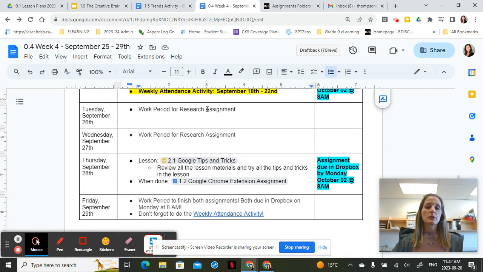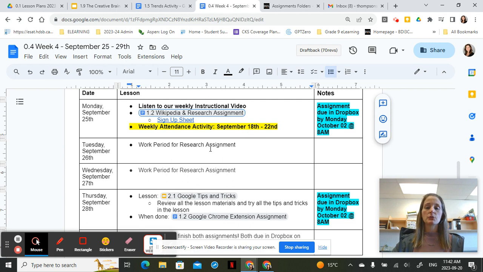Also on Thursday, so I've given you work periods Tuesday and Wednesday to do that. I really recommend that you start the week with that and you get started on this right away, because it is probably going to take you some time and you might find that some of it's hard or you might need feedback from me. And I won't be able to give you feedback if you leave it to Friday and ask me for feedback then. I go home and I spend my weekend with my son, and so I can't support you over the weekend. So it's really important that you start this assignment right away, because if you have questions throughout the week, then I can help you during the week, okay?